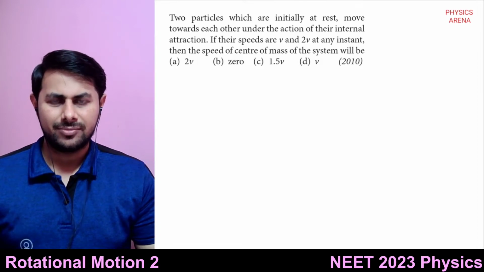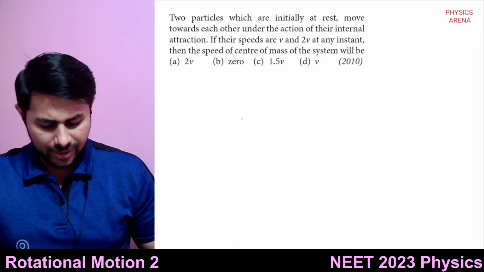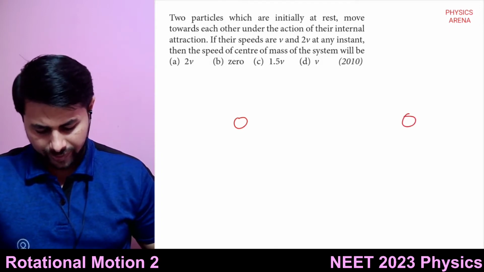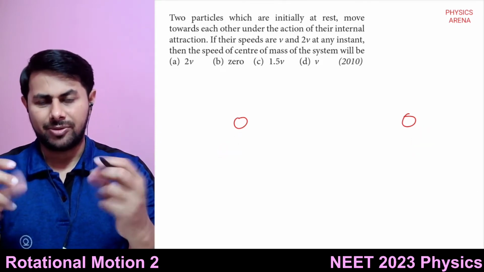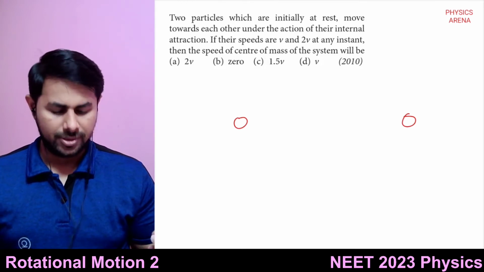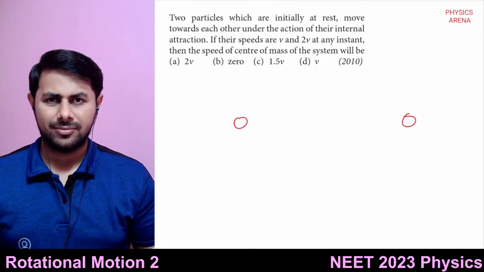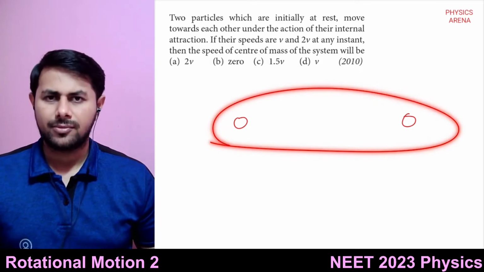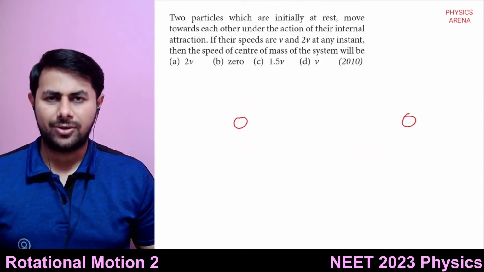They are moving by the action of internal force. Suppose these are two particles initially at rest, one at point A and the other at point B, and there is gravitational attraction between them. It is the mutual attraction, the internal force for this system, and since there is no external force acting on the system,